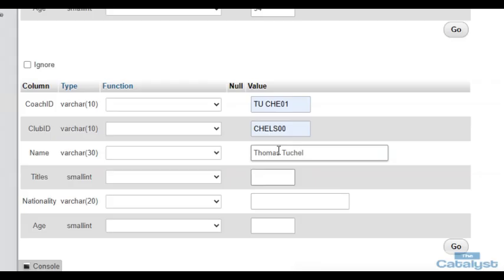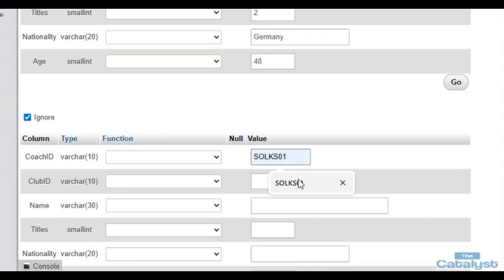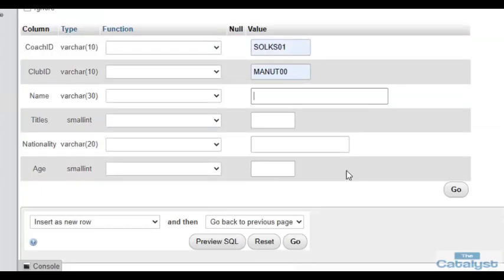Okay, number of titles 2. Nationality German. That's Germany. And age 48. And then the last striker, his full name's always